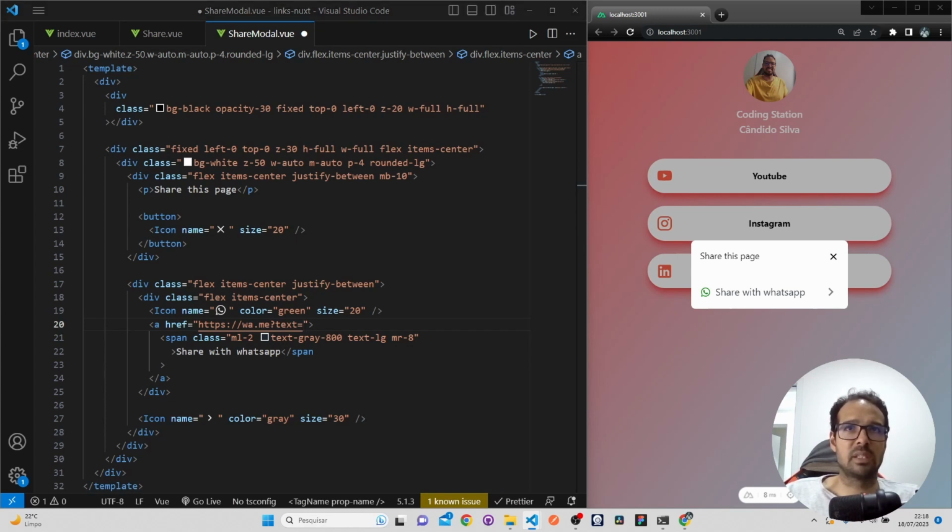And in this case, it's my coding space. That's what we want to share. So we put what we want to share here. And this is going to give us a link,